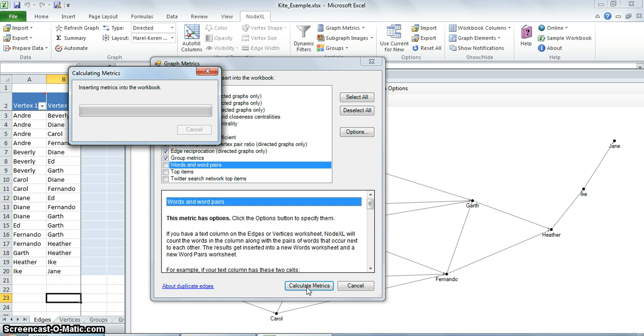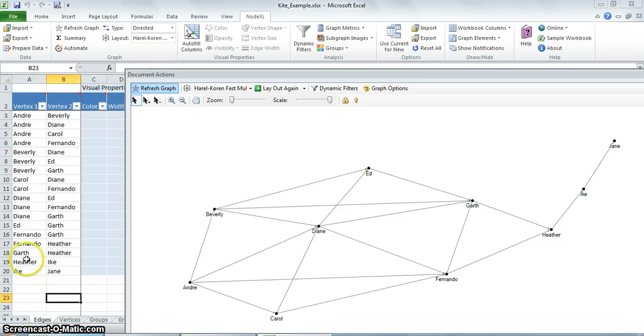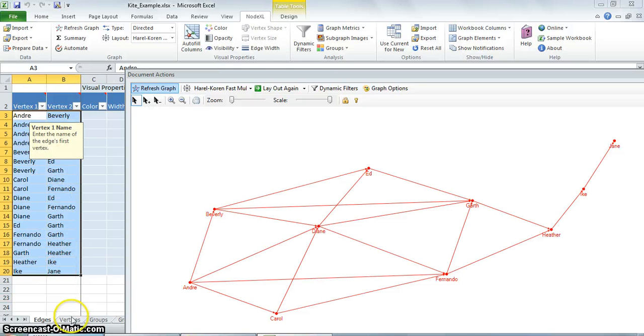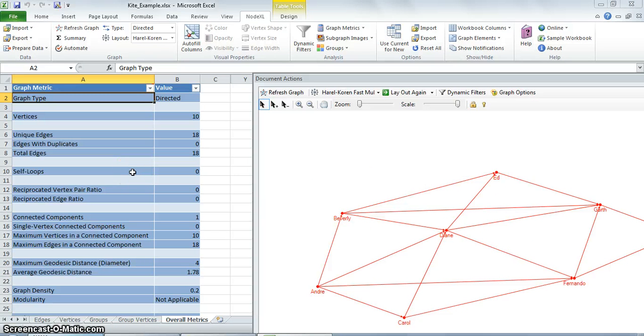Some of the graph metrics can take a while to be calculated while working with large networks. Since over here we only have around 20 vertices, it didn't take much time to calculate. The overall graph metrics are in the overall metrics tab.